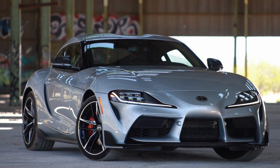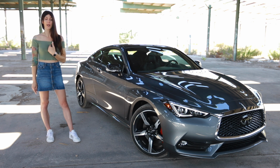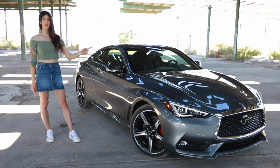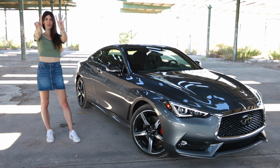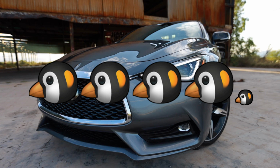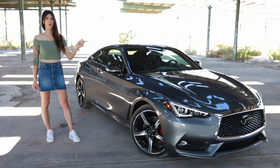Lastly is the Penguin score. It is a rating of 1 to 5 penguins based on how much I personally like a vehicle. And this Q60 Red Sport is getting a rating of 4.1 penguin. If you're into modifying cars, I think this is the perfect tuner platform when they become used and